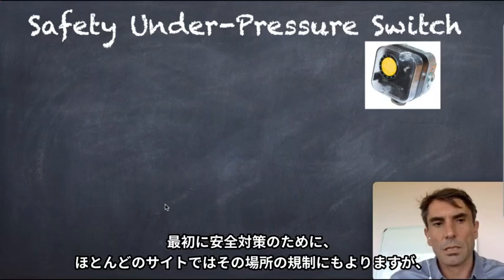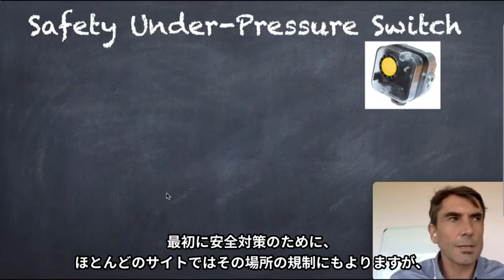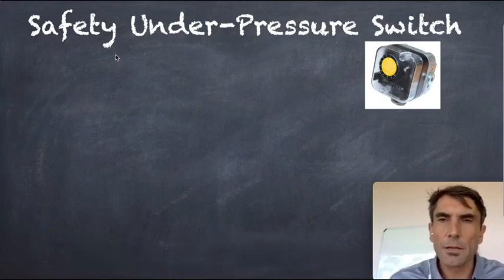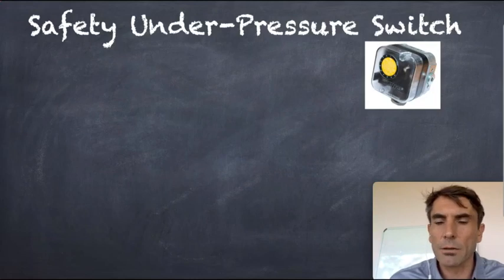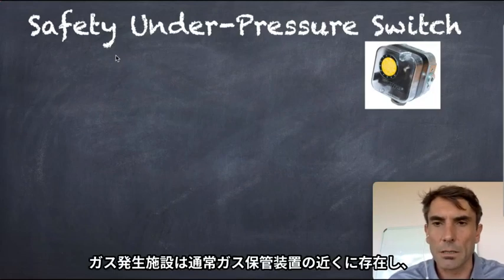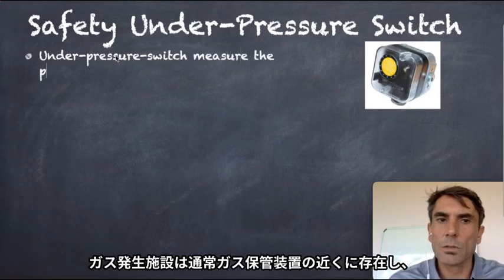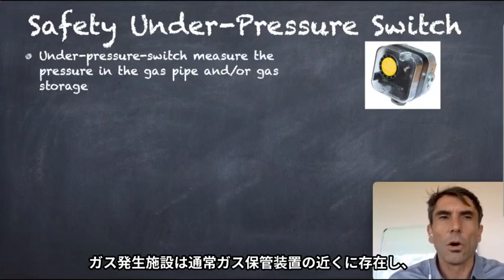First of all, because of safety, usually in all plants, I'm not 100% sure if this is a regulation in Japan and installed in Japan as well, but usually you need in the gas supply system, very close to the gas storage or to the gas pipes,